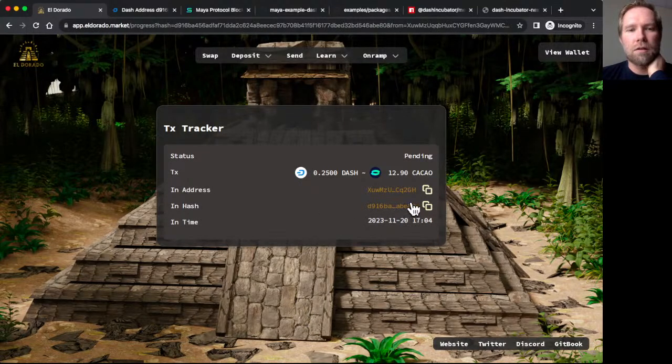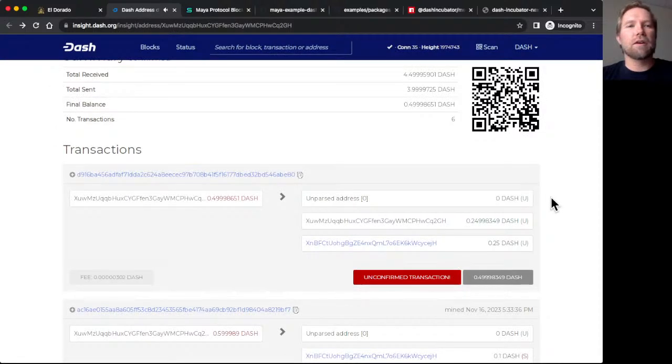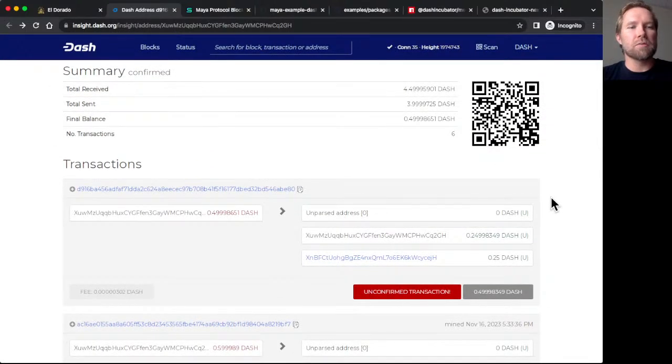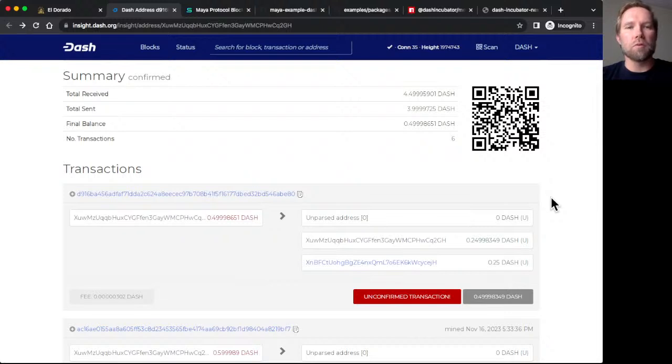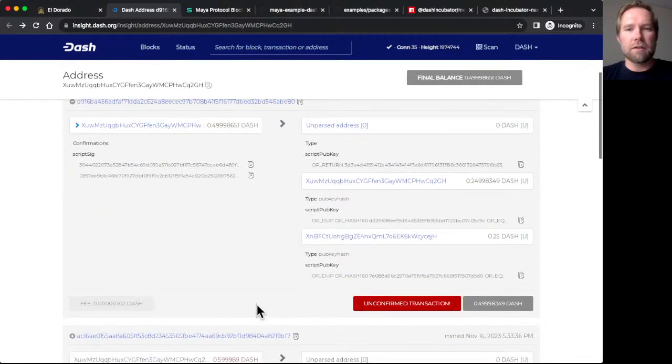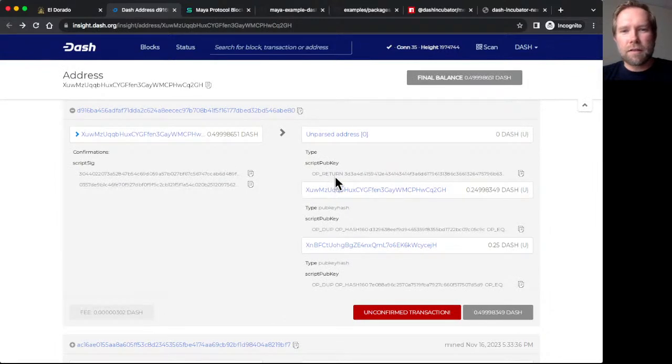Okay. Pending. And let's check this. This obviously will have an unconfirmed transaction because we're sending from Dash to the pool. And we did this last time, but let's do it again just for fun. Let's go here, open up the details here, and let's copy this OP_RETURN hex bytes, and go